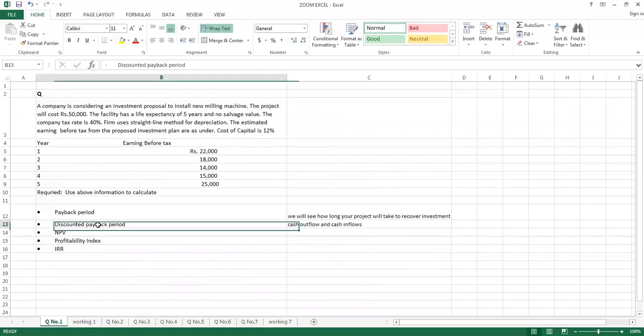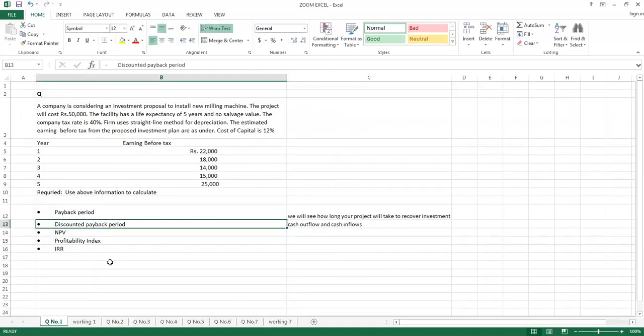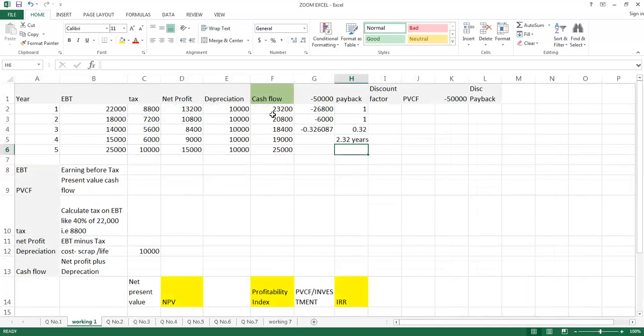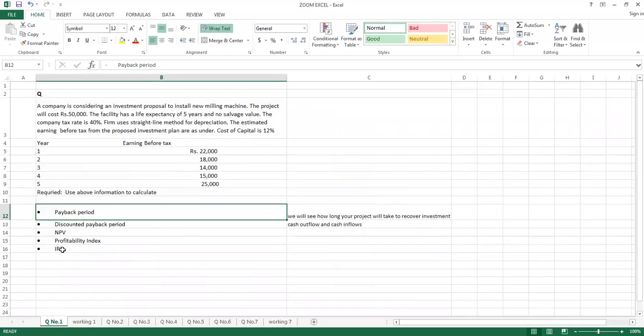Student, discounted payback is another method. This method is somewhat different from payback. In payback, we only took cash flows and subtracted them from the investment we made. But to work on the discounted payback period, we need the cost of capital or WACC, which should be given in